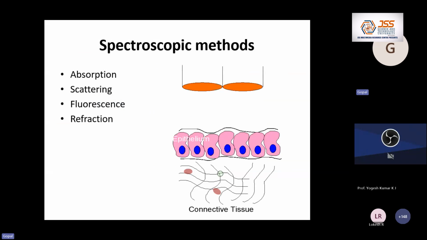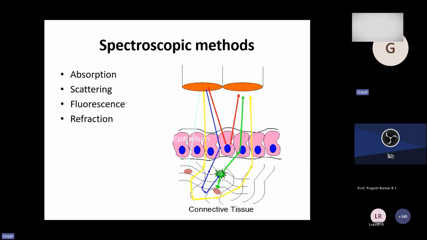Now spectroscopic methods also, I don't go to the details. You know how the endoscope and they work. These are the optical fiber: absorption, scattering, fluorescence, and these are the things of how the light goes inside. You can track how light comes out and is collected in the fiber. These are all there. Now you can improve all these optical techniques if you inject nanomaterials into the cells or